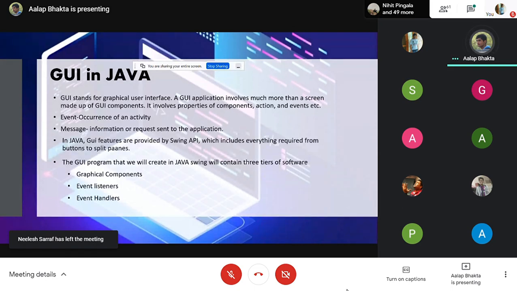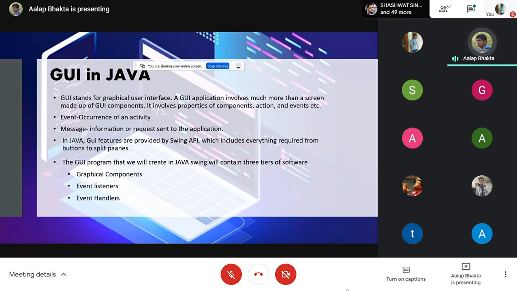Okay, but it is not only this much, it involves much more, like properties of the component, what the properties are, what the action is doing, like when we click the button what action it will perform. And there are events. An event is basically an occurrence of an activity, like a mouse is dragged or a window is closed or something, right? Whenever an event occurs, it causes a message to be sent to the operating system.